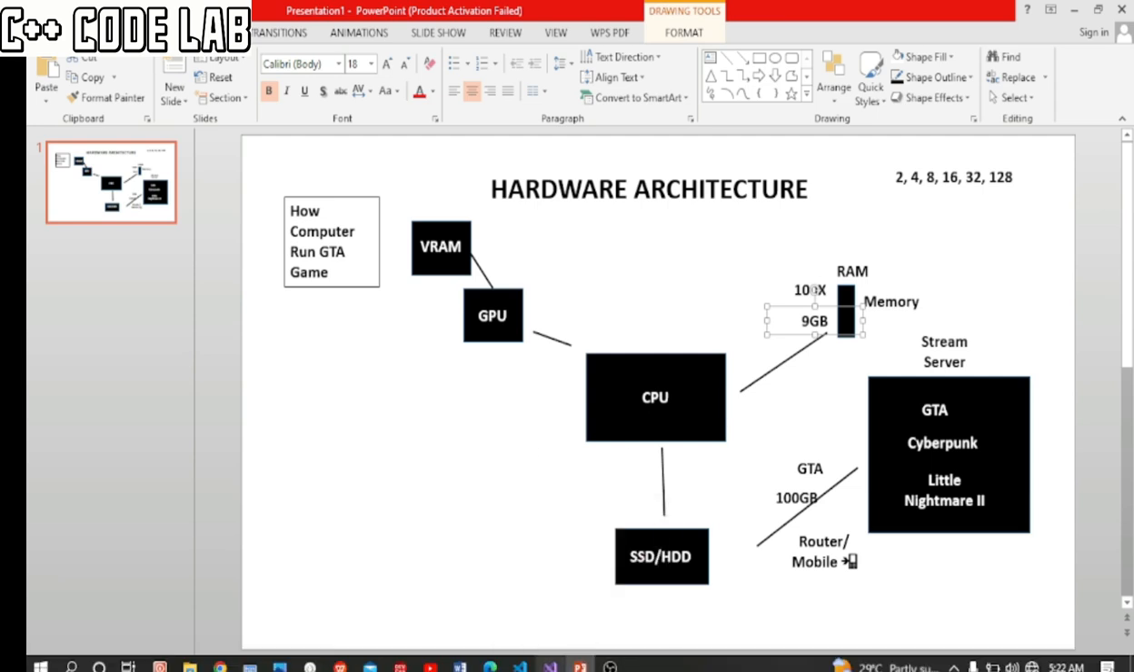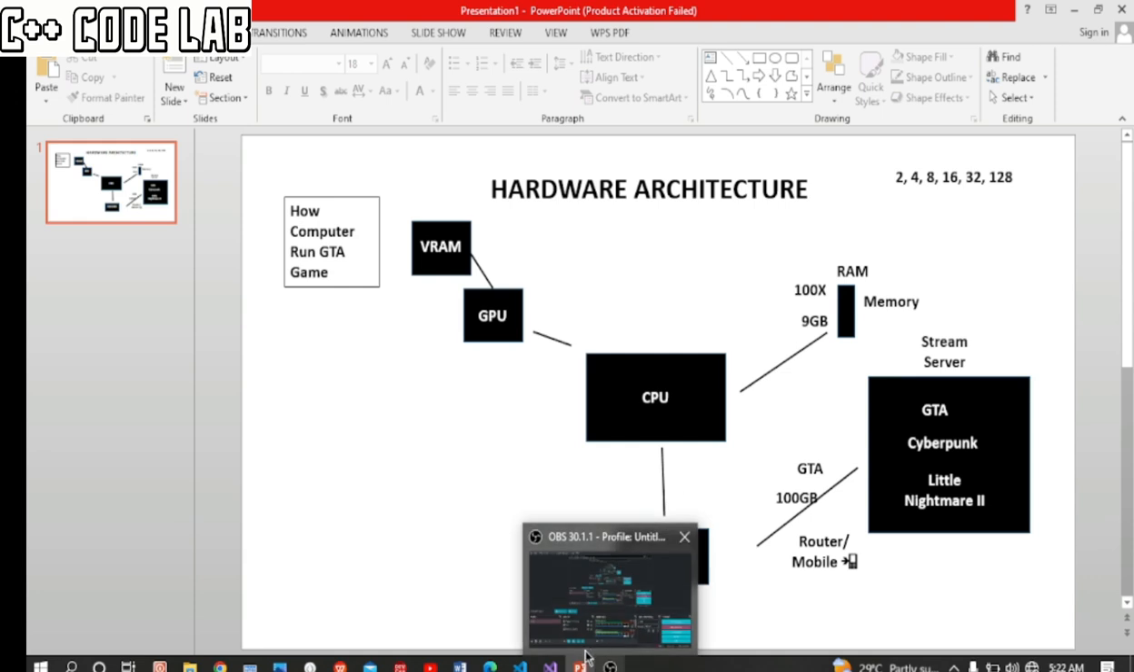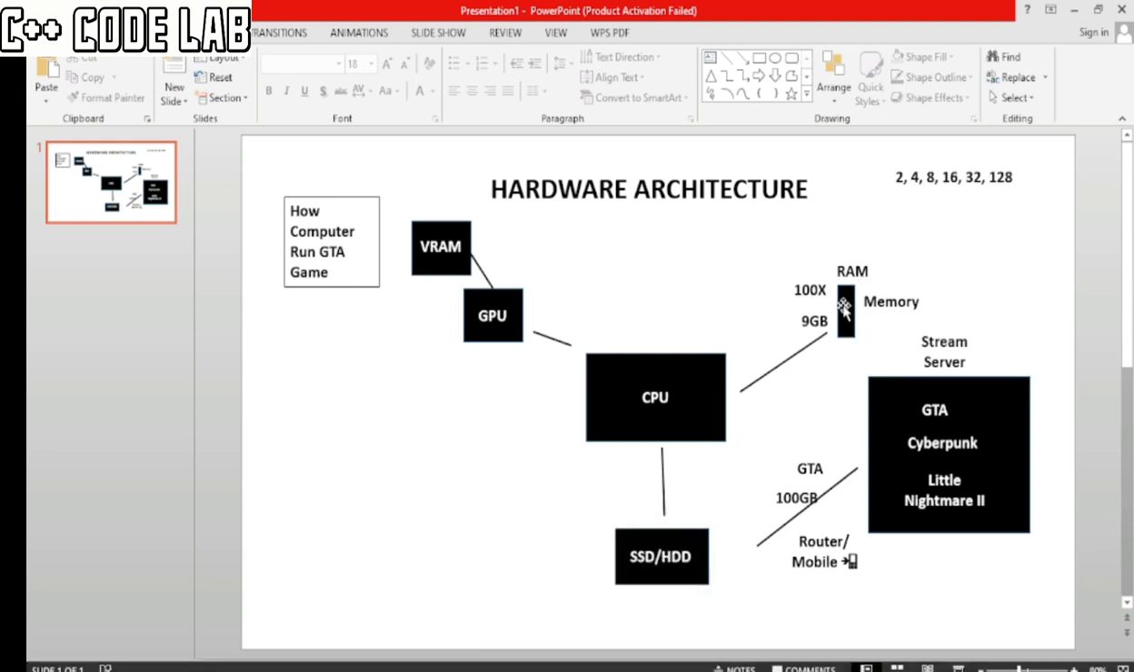Like I open this one, I open this one, I open this, I open everything, and the CPU sends everything to the RAM. It sends this to the RAM. Notice that the RAM is going to get filled up, and when the RAM gets filled up, you're going to